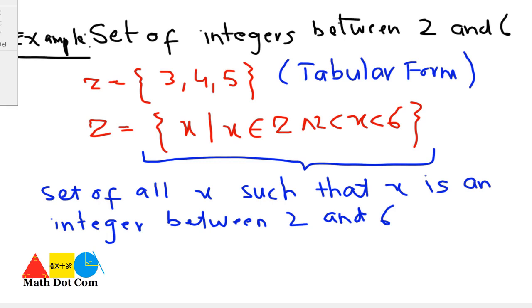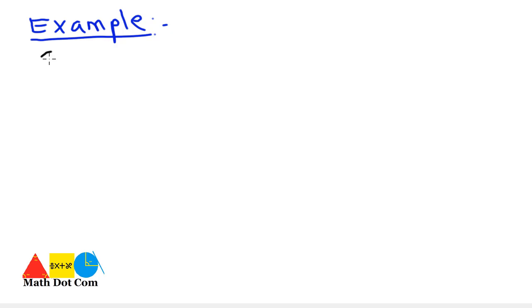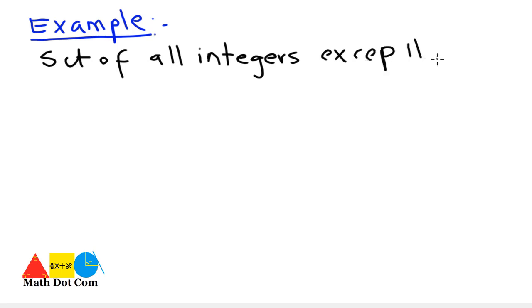Let's have another example. Another example is the set of all integers except 11. Now this is also a set that has a large number of elements, or you can say an infinite set. So how can we represent it in set builder form? Set builder form will be